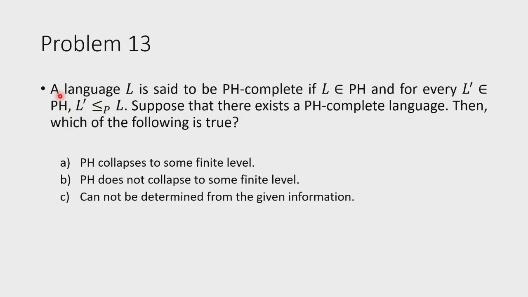So the problem is as follows. A language L is said to be PH-complete if L is in PH, and for every language L prime in PH, L prime reduces to L in polynomial time. Now suppose that there exists a PH-complete language, then which of the following is true? PH collapses to some finite level, PH does not collapse to some finite level, or cannot be determined from the given information. Now this is an interesting question, so I would like you to guess,